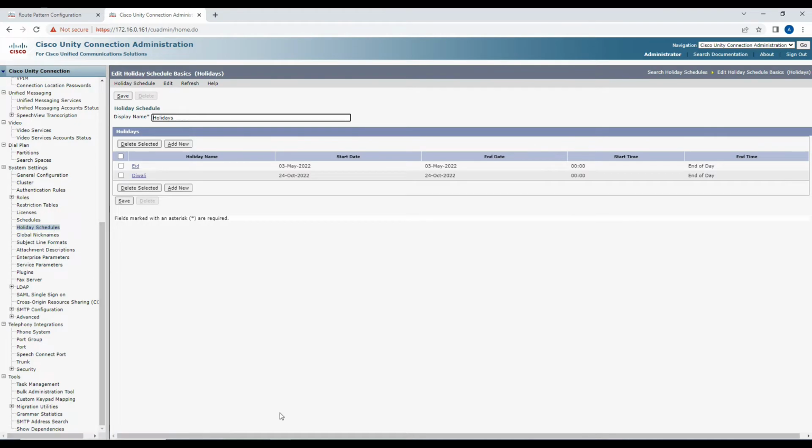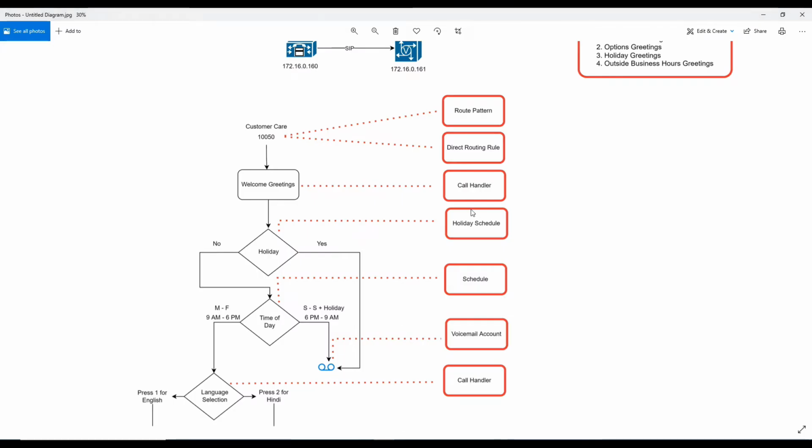So we have created a holiday schedule, which means we have completed the holiday schedule part. You can keep on adding the holiday schedule for the rest of the year for all the occasions you would like to use. And the next thing we are going to do is define